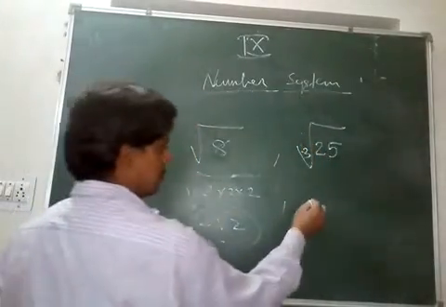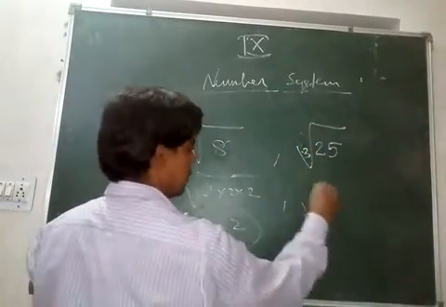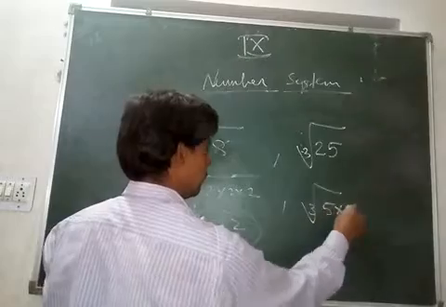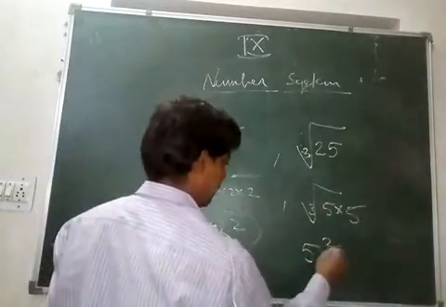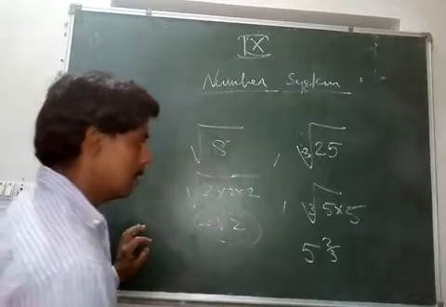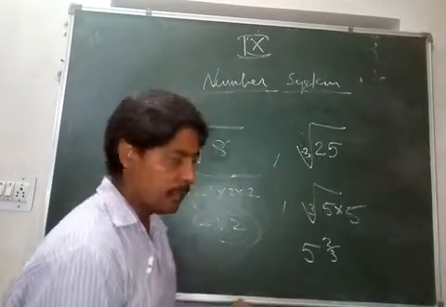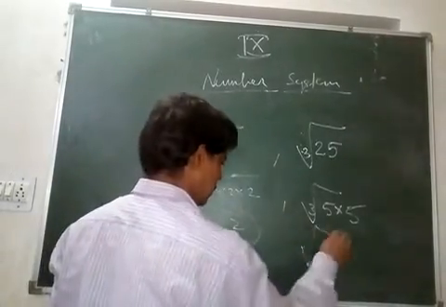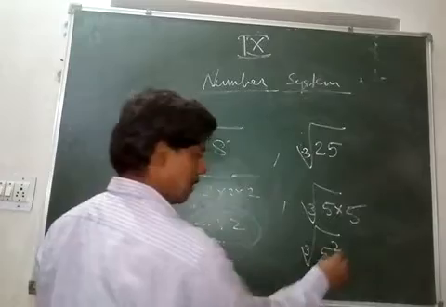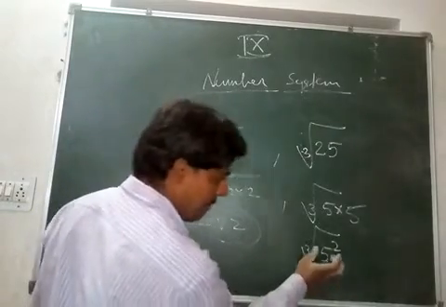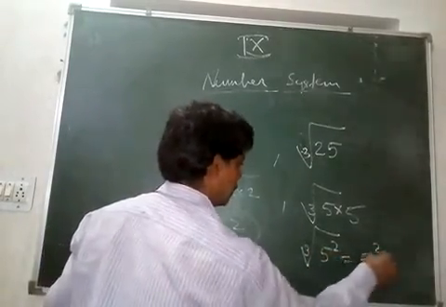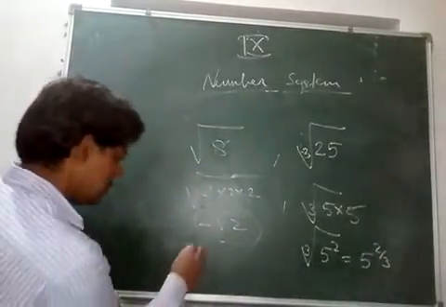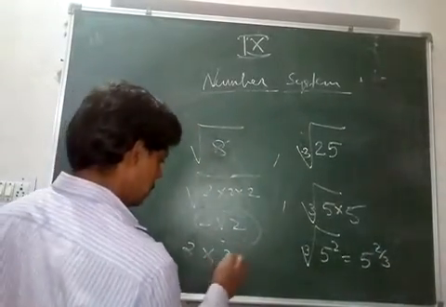Cube root of 25, as you know, we can write like this, 5 into 5. So 5 to the power 2 by 3. This is how I have written 5 to the power 2 by 3, because this is 5 square. This is cube root of 5 square. So this 3 comes in denominator. 5 to the power 2 by 3. And this is 2 multiplied by 2 to the power half.